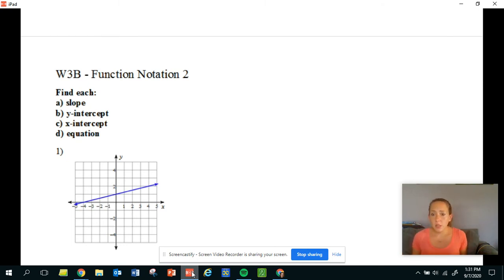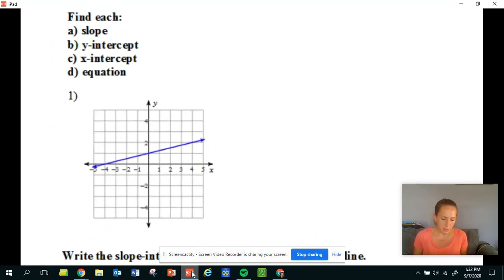So second part of the week, we are going to be looking at more function notation stuff. Just this time we're going to be looking at more from graphs and tables. So review, linear. Most people, I think, pretty much got it, but just in case anybody still is having a hard time,